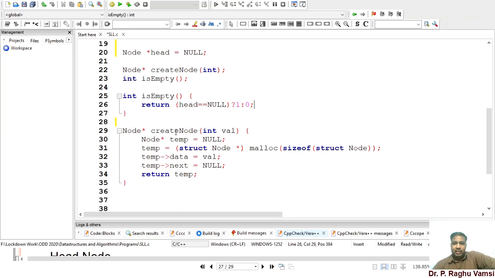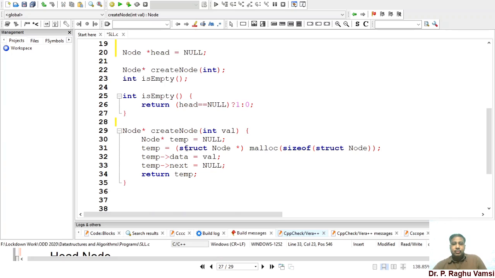Next is NODE star create node, integer value. Here NODE star temp is equal to NULL, temp is equal to malloc. Malloc is used in order to create the memory.